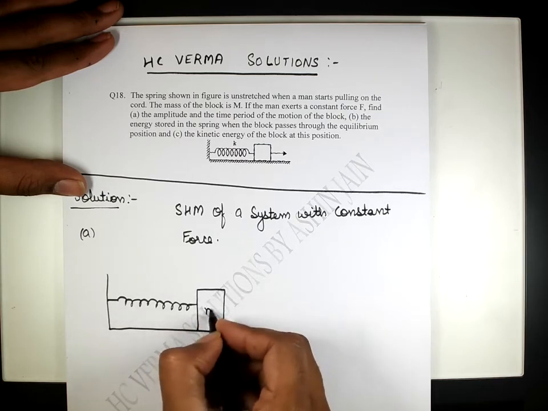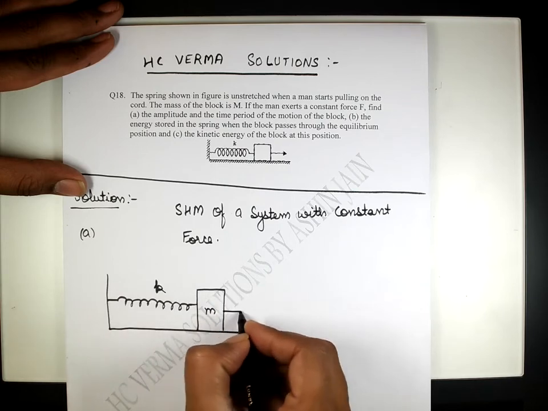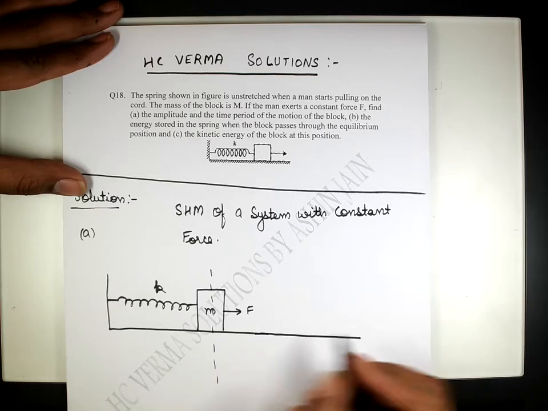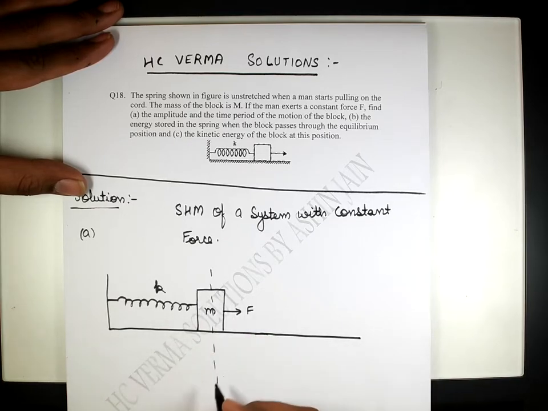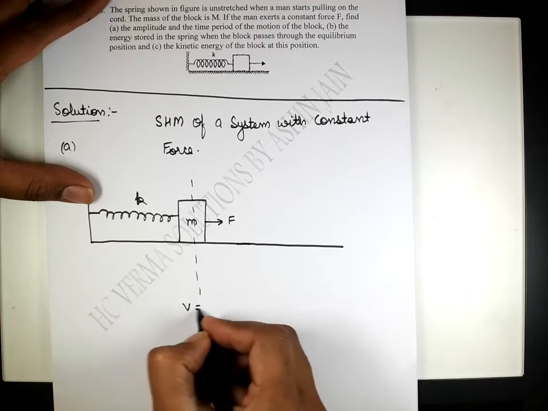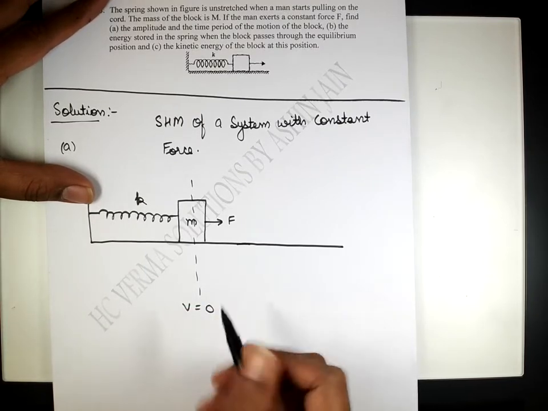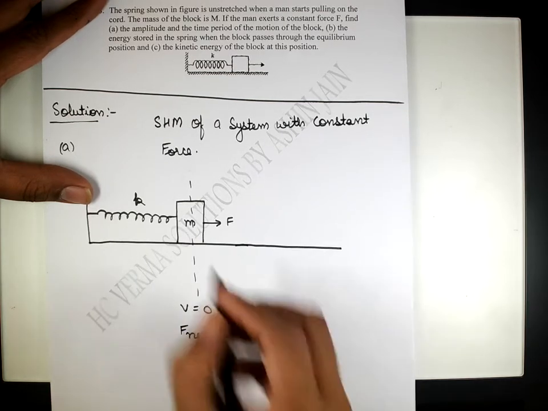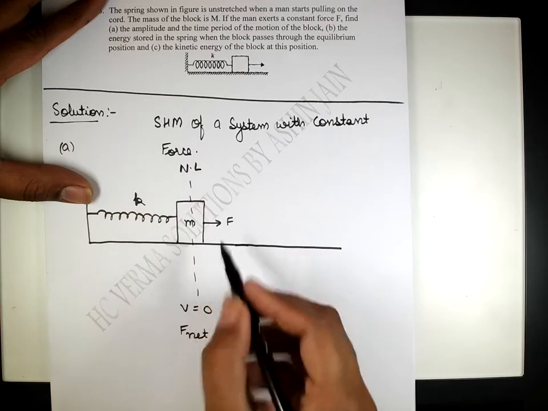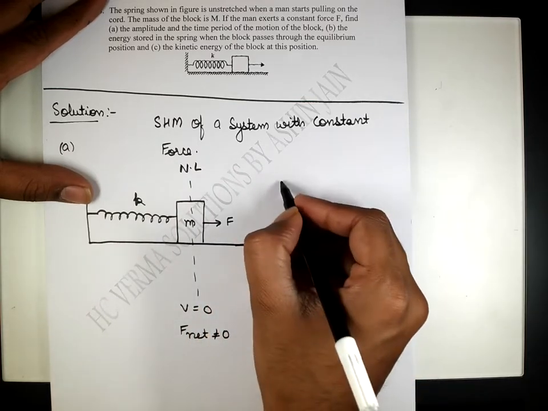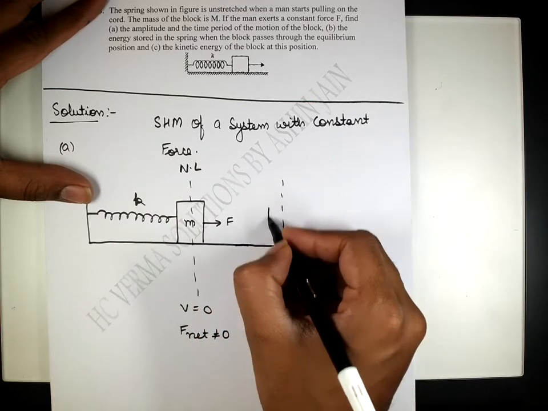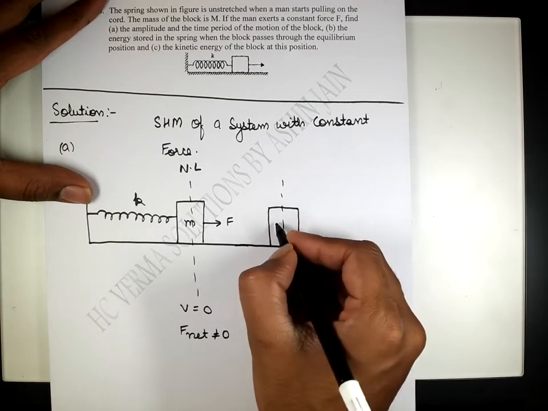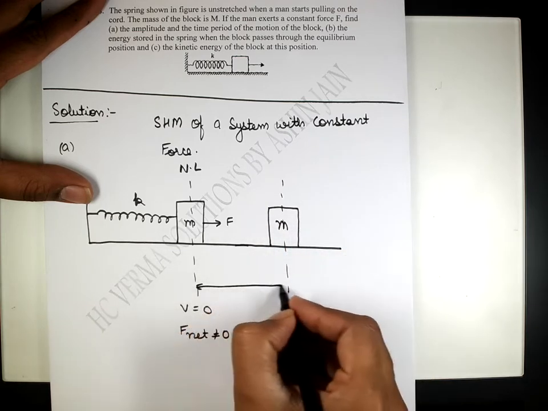Let's consider this block to be of a mass m, spring constant k, pulled up with a force of F. Now at this particular position, velocity is equal to 0 because the system starts from rest, but F net is not equal to 0. So this can definitely be stated as this part is not the mean position. In fact, somewhere around over here, when the particle is at a distance of, let's call it A, from this